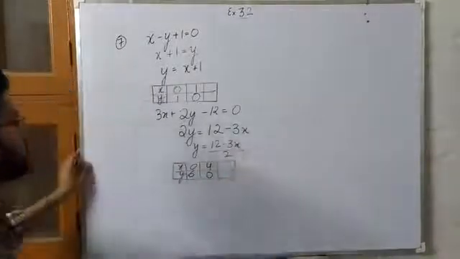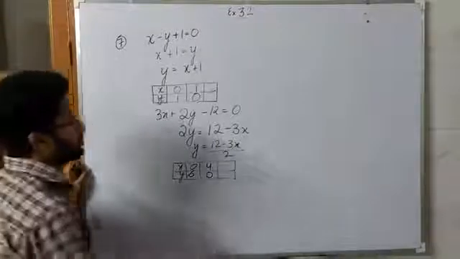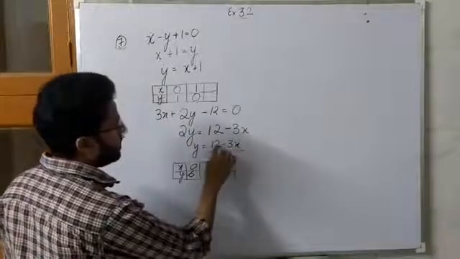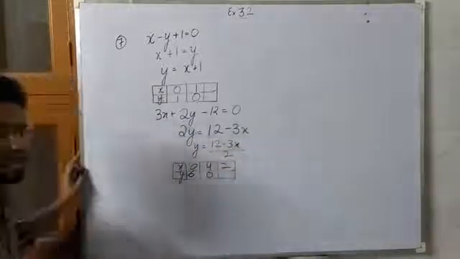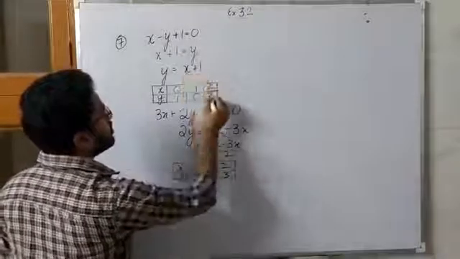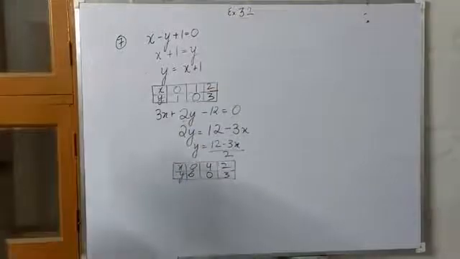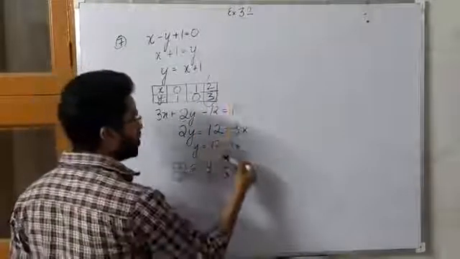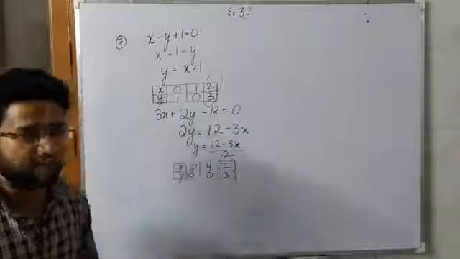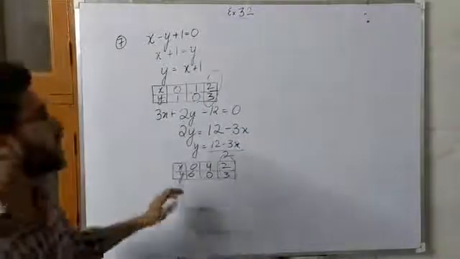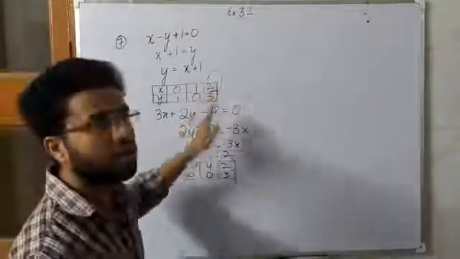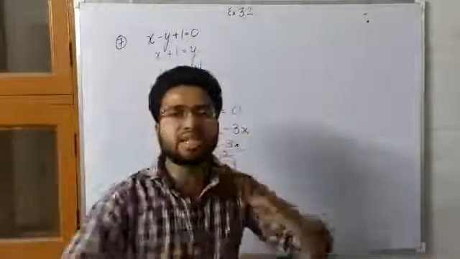And if we put any other value, let's say 2, 3 twos are 6, and 12 minus 6 is 6, and 6 divided by 2 is 3. Here also put the 2, so 2 plus 1 is 3. So clearly you can see, since this term is common in both the boxes, this will be the solution. But we have to draw its graph also. We do not have to find the solution, we have to draw its graph, and you know the graph of these two lines will be two straight lines.